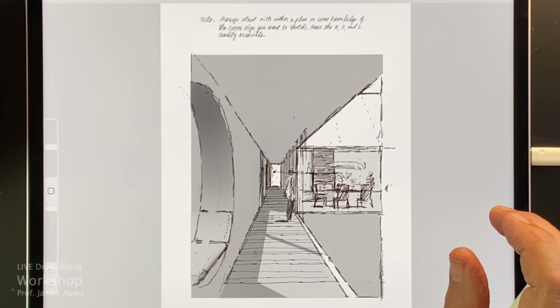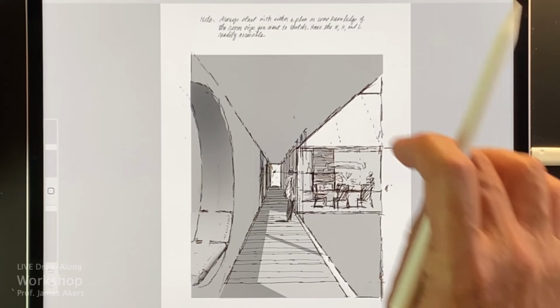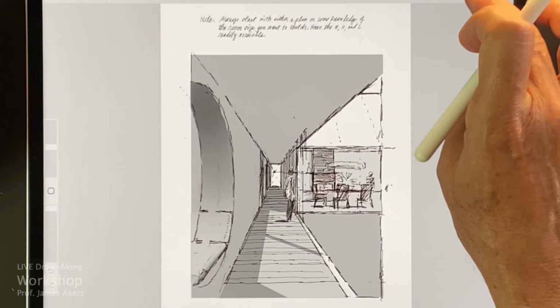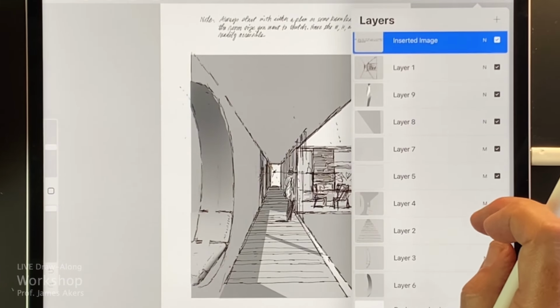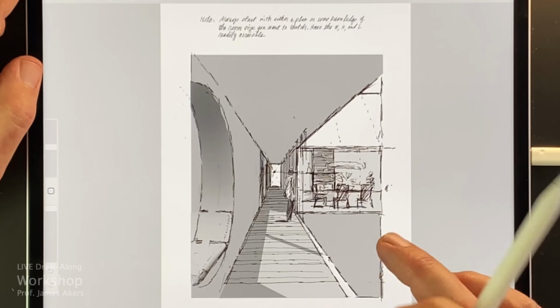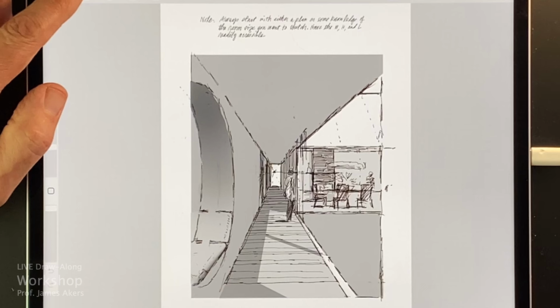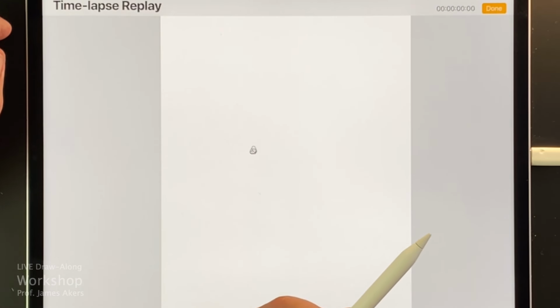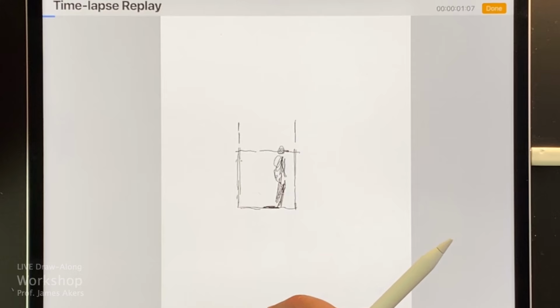So always start with either a plan or some knowledge of the room. I guess I kept repeating that note because I found that useful. And let's look at this. This has got more layers. So let's look at the replay of this, and we'll talk it through, and then we'll actually draw a space. Let's see, time-lapse replay. So you guys call me out if you see anything that isn't what I had said it was.